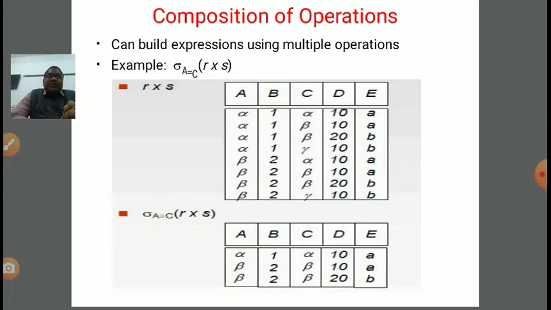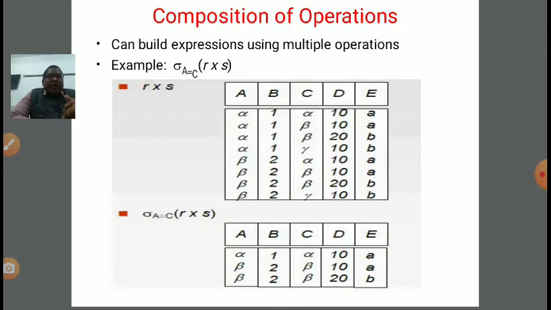Cartesian product means the final output tuples are related to more than one relation. Common properties we want to acquire from both relations, having some conditions on both the relations, then we can apply the select operation with the Cartesian product. So here R cross S we have already done in the previous slide. When we did R cross S, it resulted in 5 attributes and 8 rows.